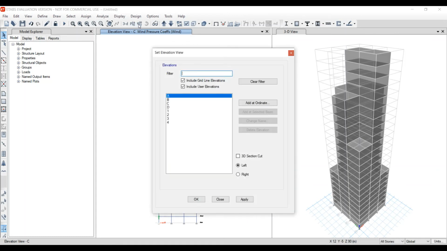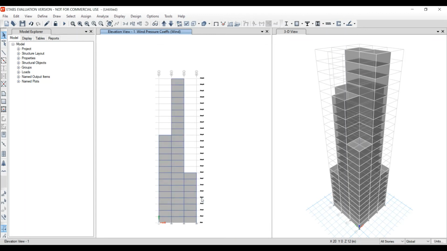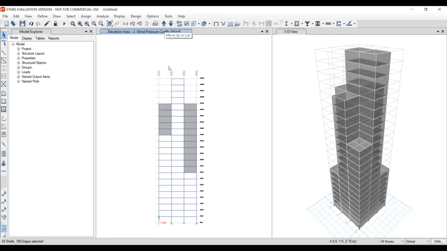Now we are going to assign the coefficient value for elevations 1, 2, 3 and 4. Click on 1, click apply, then OK. In the code book, the coefficient value for the remaining sections is the same, that is 0.8. So we choose all the shells from elevation 1. Then using the move up in list, we change to elevation view 2.